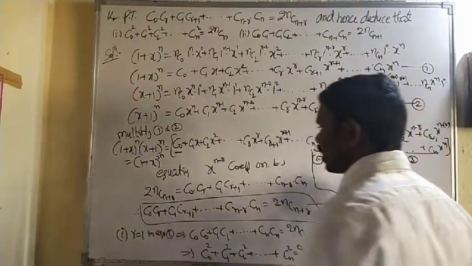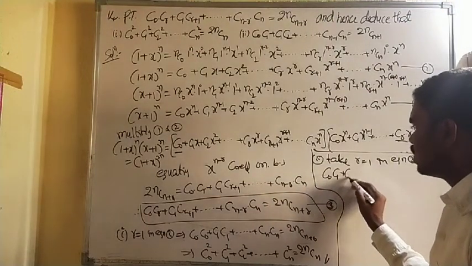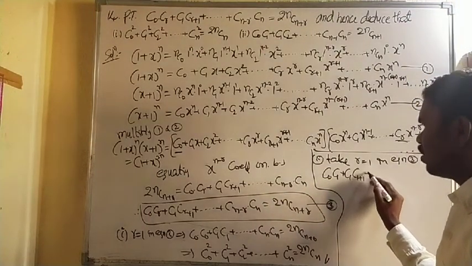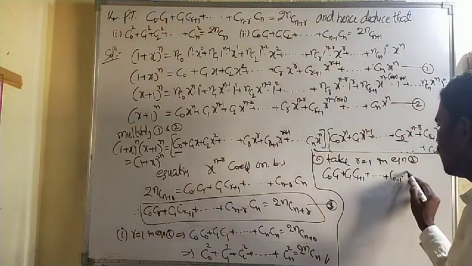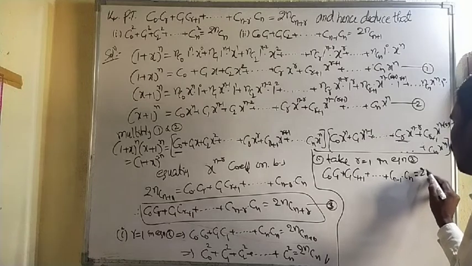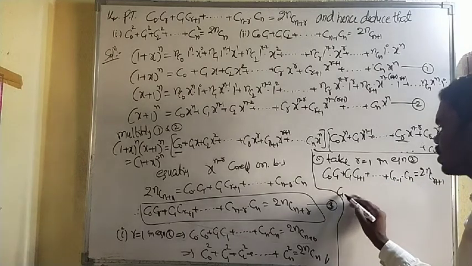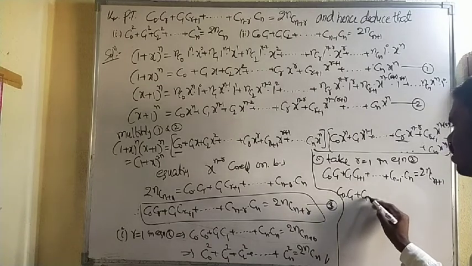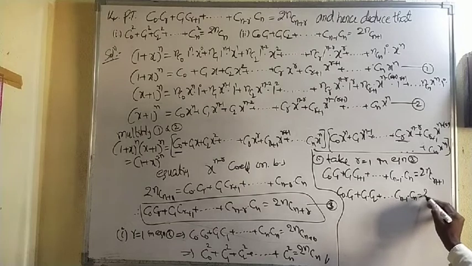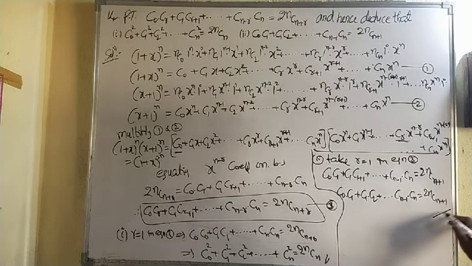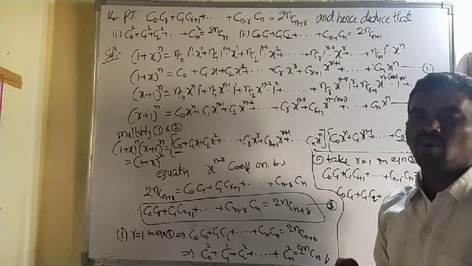So substitute r equal to 1. So we get C0 into C1 plus C1 into C1 plus 1 plus so on, Cn minus 1 into Cn is equal to 2n Cn plus r, means 1. So therefore, one more step: C0 into C1 plus C1 into C2 plus so on, Cn minus 1 into Cn is equal to 2n Cn plus 1. That is the answer. That's it. Very simple. Just use the small technique.